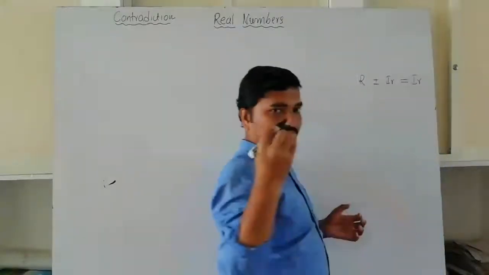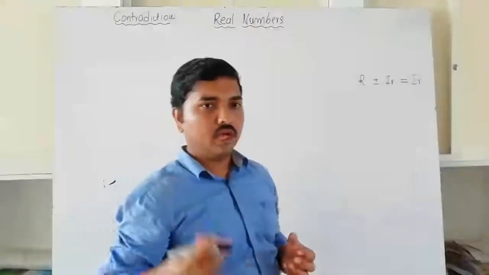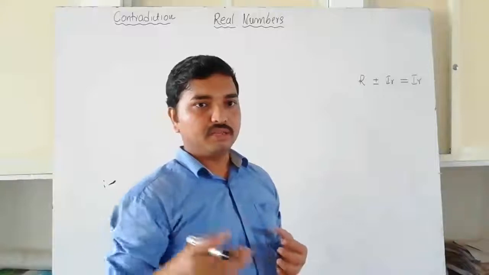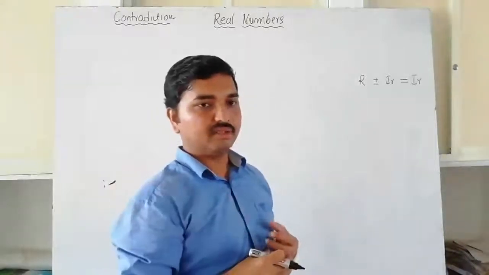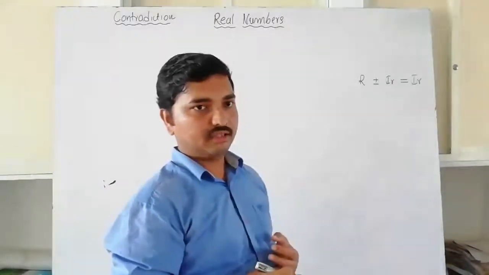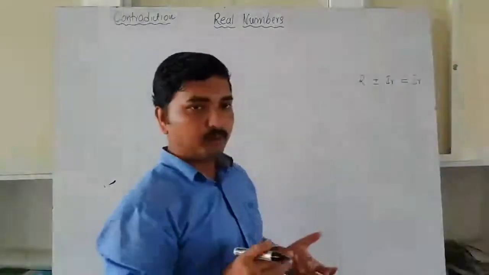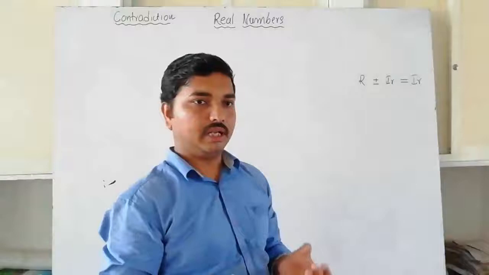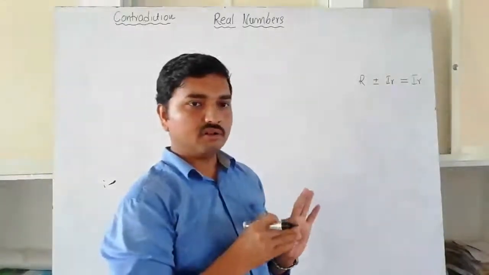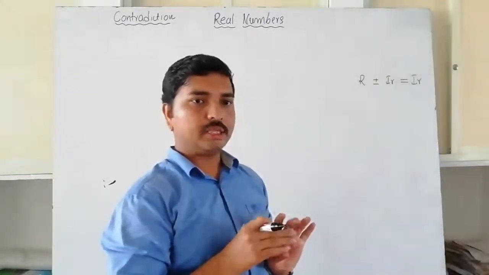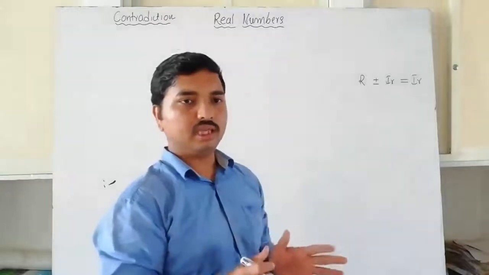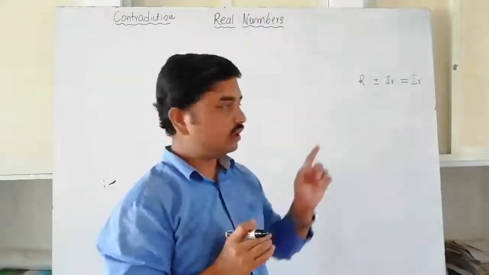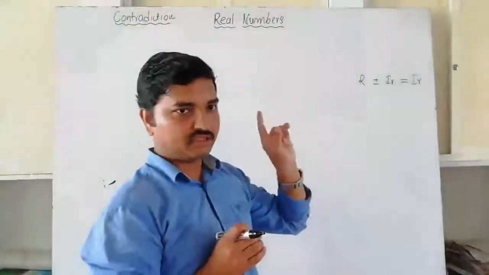Just look at the ninth standard textbook, first chapter. The topic is operations on real numbers. In that content, it is given that if you operate a rational number with an irrational number, whatever the operation, whether addition, subtraction, multiplication or division, in all cases the result is always an irrational number. So just remember this one.